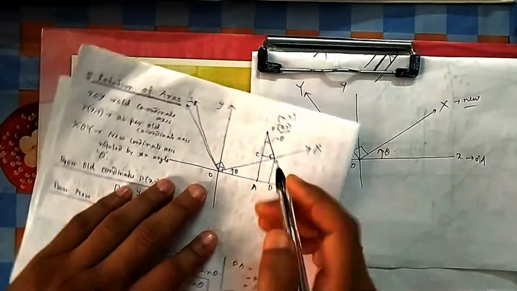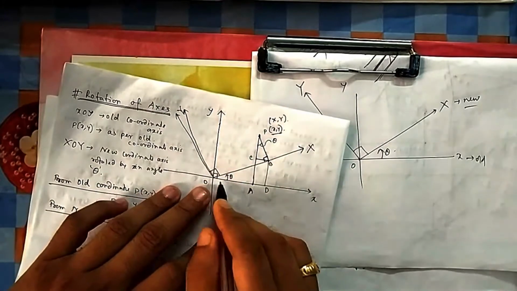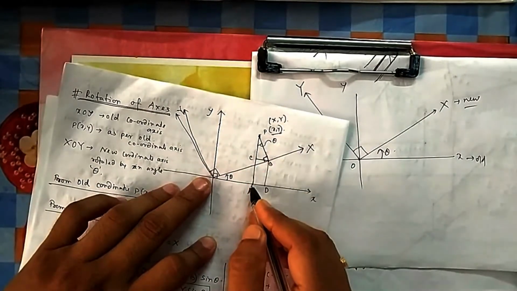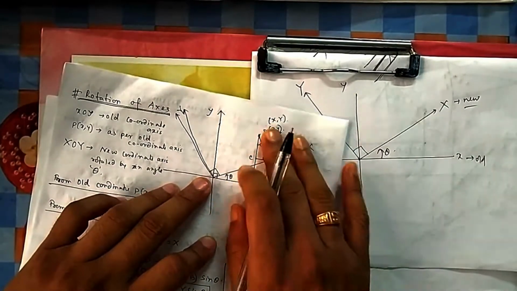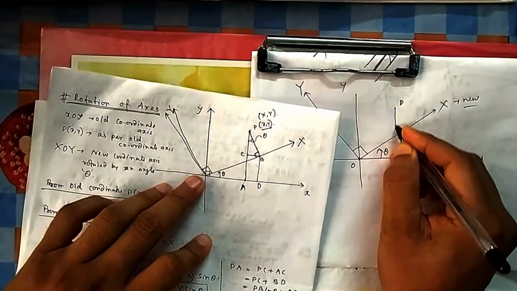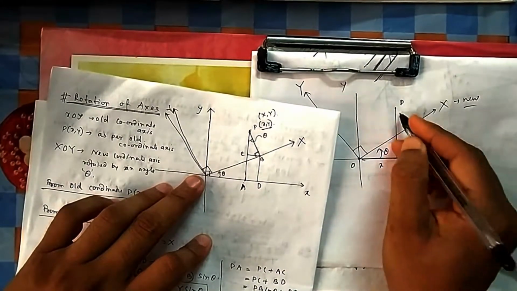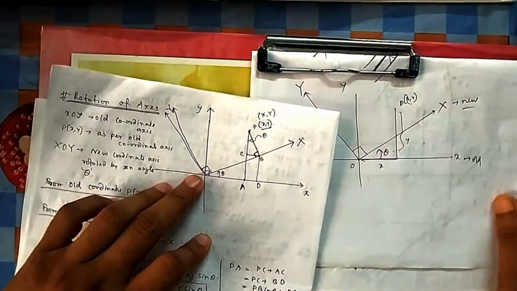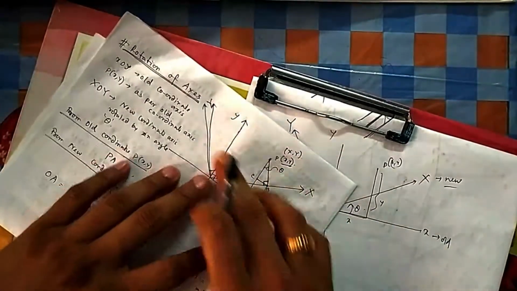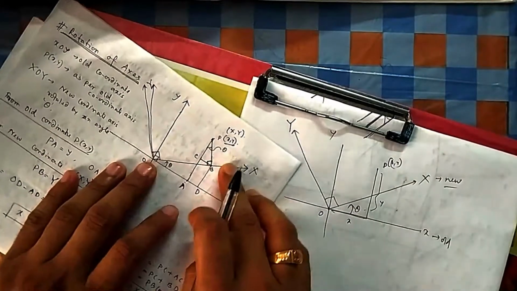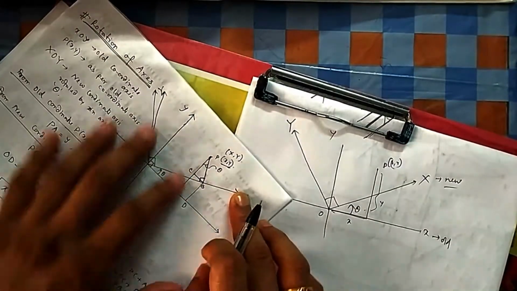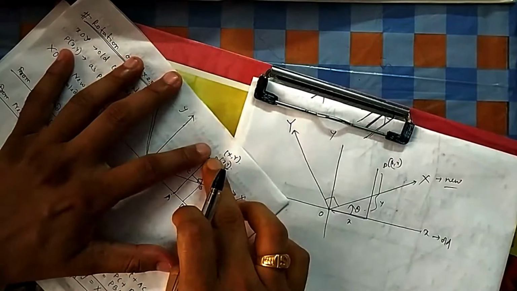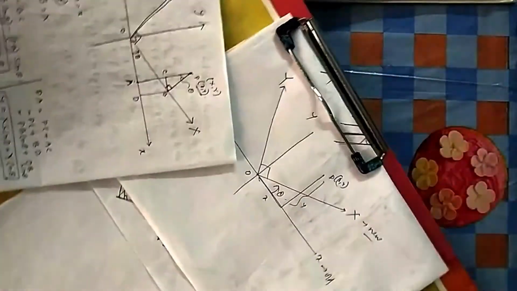So from the old coordinate system, let me draw a perpendicular here. This length is x, this length is y. Because it is the old system, if I take a point P, obviously this should be small x, this should be small y, that's why the coordinate is small x y. Now if you look in the new coordinate system, in this direction, forget about all other things, this becomes my X.